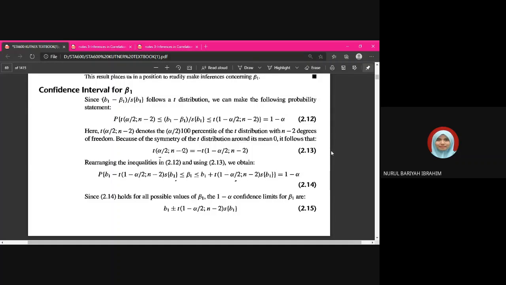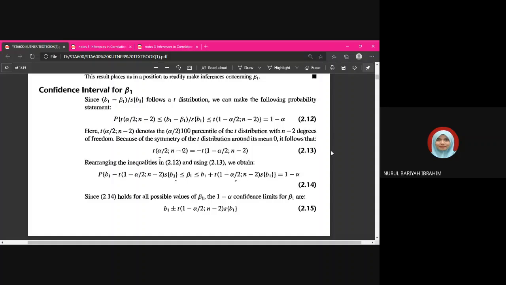So today we focus on the parameters, the slope and the intercept, and we want to calculate the confidence interval for these parameters. Why are we calculating the confidence interval for the slope? It is to estimate the range. Kita nak tengok range, to estimate the range of y that will increase or decrease for each additional